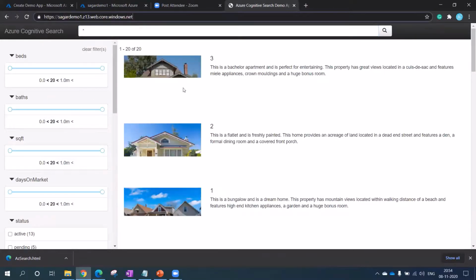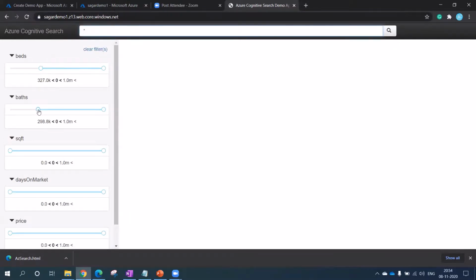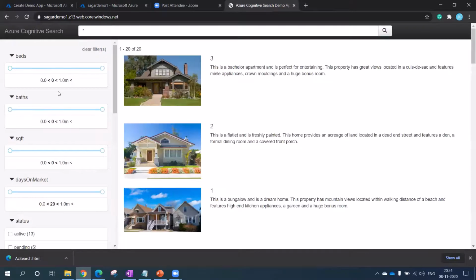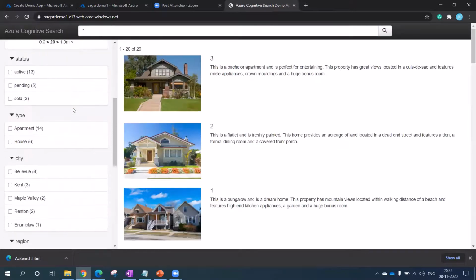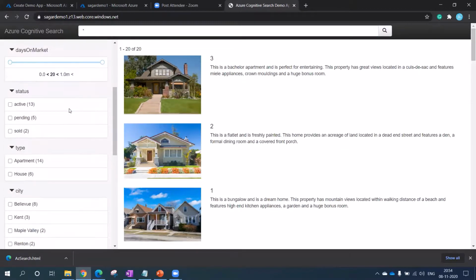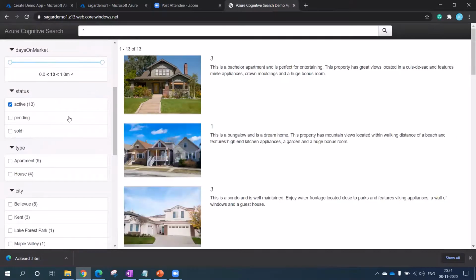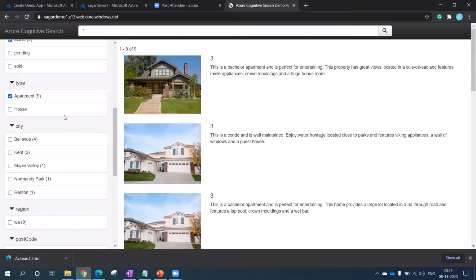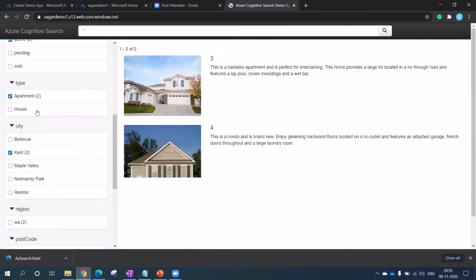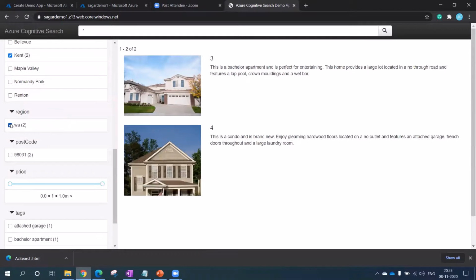And through that I can do a search over here. Okay, you can see that based on search it will change. Okay, let me clear the filter. Okay, see, if I go down, I can see multiple options over here. I can make it active. I look for active status, look for the apartments, right? You can see that the things are getting changed, right? I look for Kent, right? I can see only 3 options, right? If I go for ridge, I can see 2 options over here. Price, I can change the price, right?